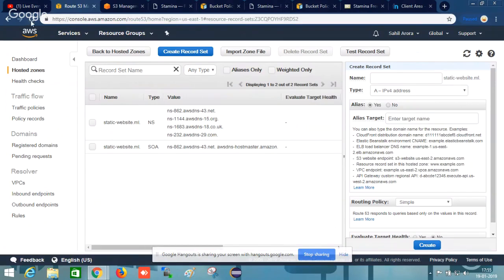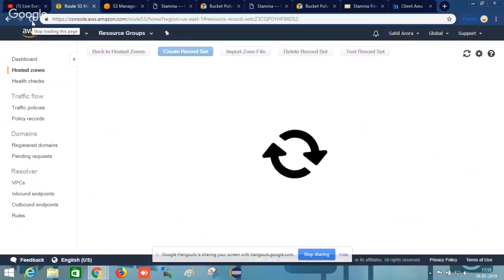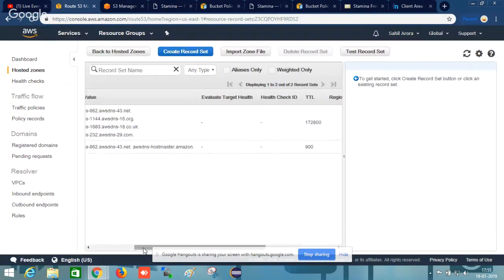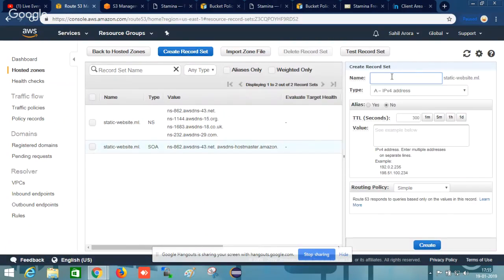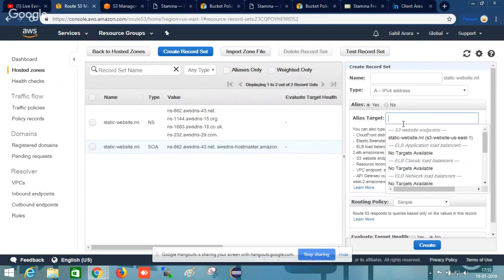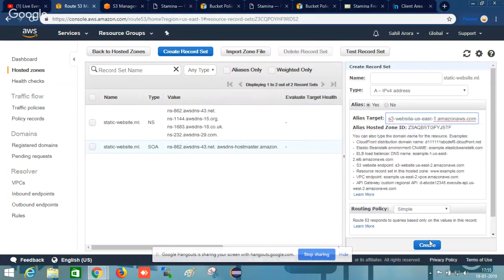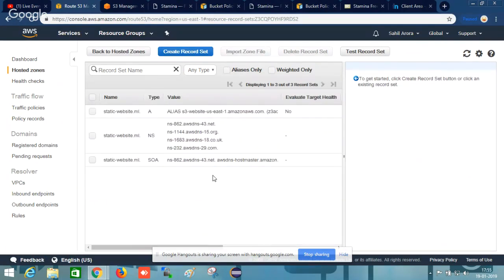Let's refresh the page here first. Again, click on create record set. Leave the name blank. A record, alias yes. Enter the target name, your S3 website bucket, and hit create. Now, if I just go for static-website.ml,